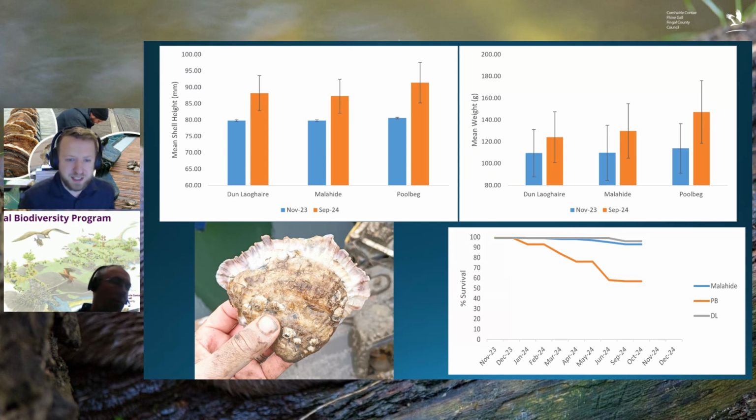Poolbeg is the one where you do see a bit more die-off and higher mortality rates. We expected that in the beginning, just for the pollutants that you'd see in the Liffey coming down, especially when it rains, and then the freshwater fluxes as well. But right around June, we made some alterations to the boxes to get them lower and make sure they sit in the higher salinity waters at the bottom of the Liffey River versus the freshwater closer to the top. We made a few tweaks there, and they've been doing much, much better since making those changes in June. We've only seen a couple more mortalities since then, versus the bigger numbers we were seeing before.